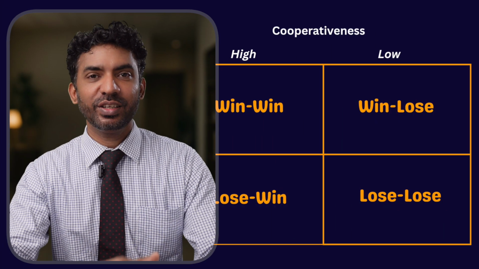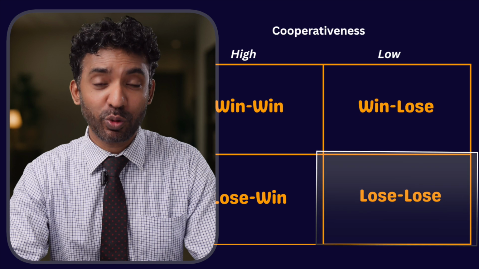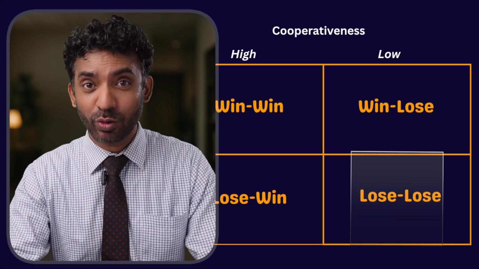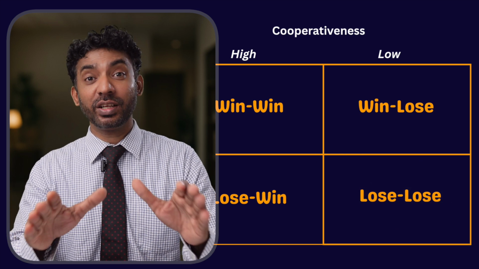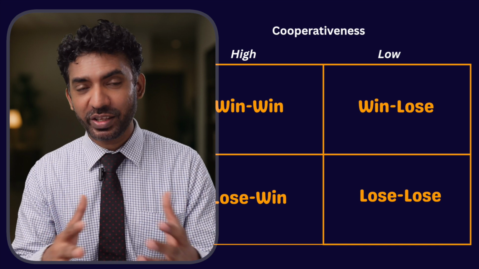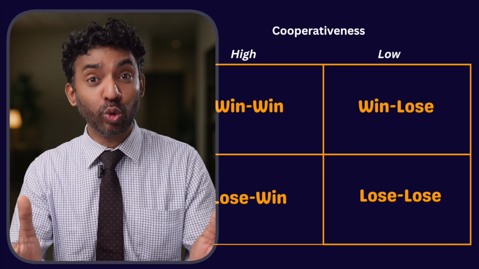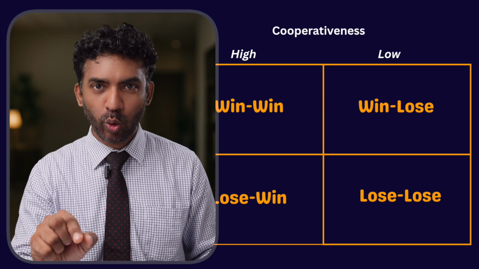Now we'll go to the final approach, the lose-lose approach. You are going to lose and the other party is going to lose. Or if there are two parties and you are the mediator, the person who is going to resolve the conflict, both parties are going to lose. That means cooperativeness is low, assertiveness is low. When do you want to make such a decision to resolve conflicts? When neither party can win without a major consequence. Sometimes you have to delay the decision making because otherwise it will have bigger repercussions. And also when no one wants to resolve, you can follow this approach.